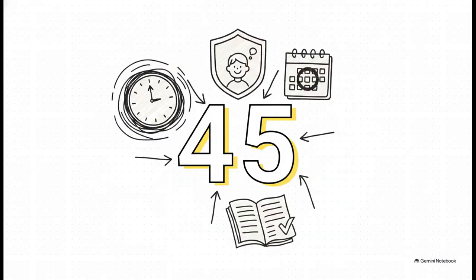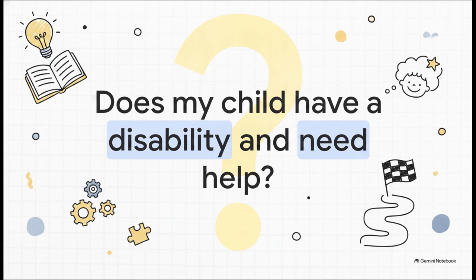Once you sign that consent form, boom, a new clock starts ticking. The magic number this time is 45. The evaluation can officially begin, and the school generally has 45 school days to get the entire FIE done. And at the end of it, they have to hand you a full, comprehensive written report of everything they found. It is a massive amount of data, but having this strict legal timeframe means your child isn't just left waiting in limbo forever. Despite all that complex testing and observation, this entire FIE process really just boils down to answering two massive questions.